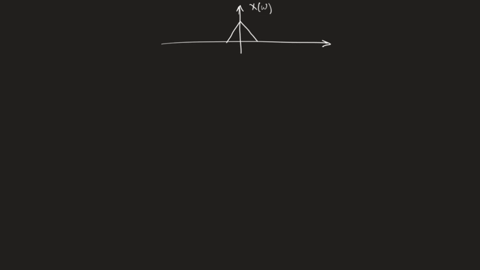And you were told that it has a bandwidth equal to 1 kilohertz. And this is your frequency. In this case, it becomes X of f, okay? So this is your frequency domain representation of the signal, and it has a bandwidth equal to 1 kilohertz. And then it says, for the signal,